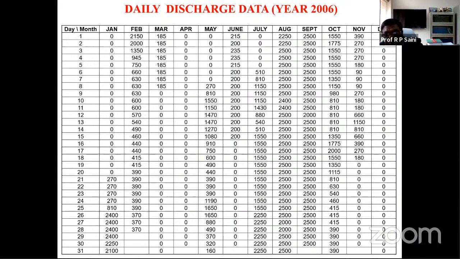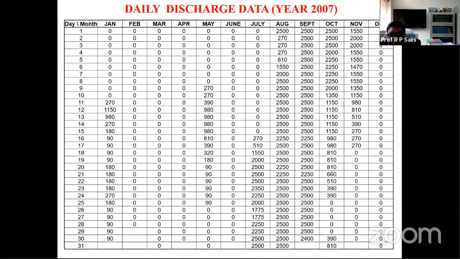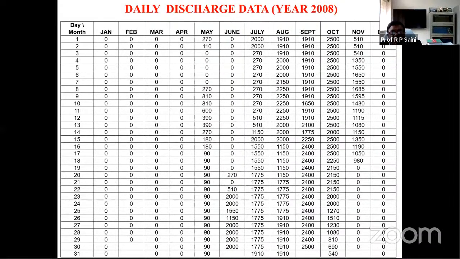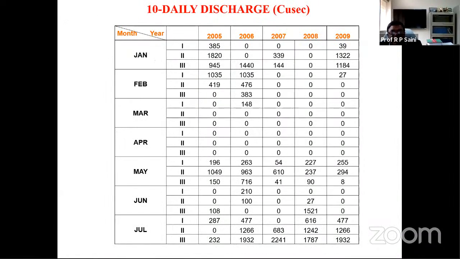But you have to deal like this. This is throughout the year, that means all the 365 days you have the data. We call this daily discharge data. What we have to do next, this is next year also, this is the next year, but I'm just taking the example for 1 year only. Now, how many years of data do you have? 2004, 2006, 2007, 2008. That's 5 years of data you have with you. So these you have arranged.